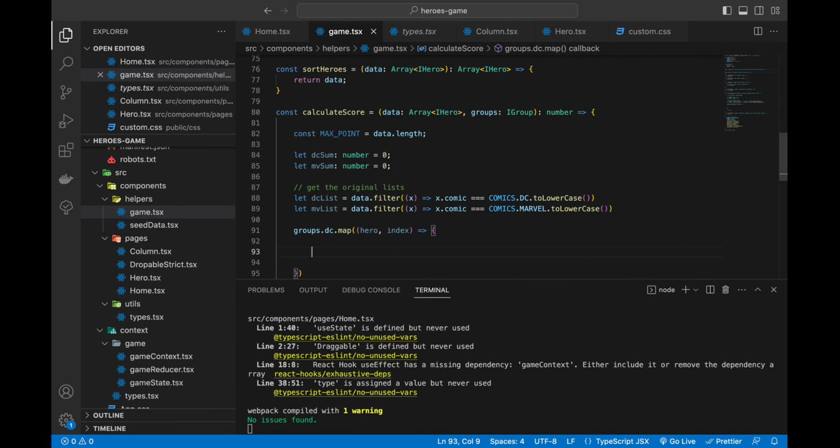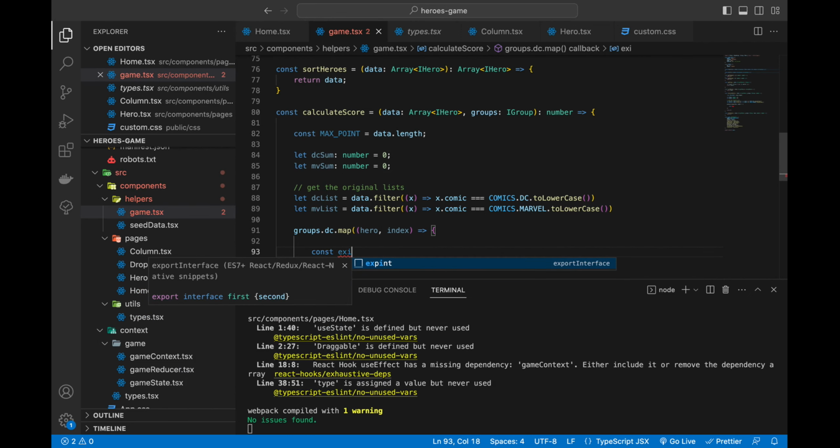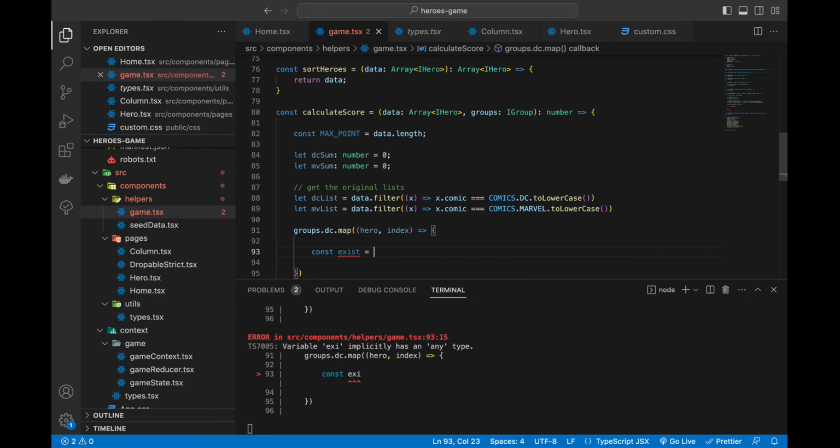So first, we want to check if the hero you have in your own DC list, right? If it is in the groups DC list. Now, I will show you how we'll get all the groups later, right? So we want to say constant exist